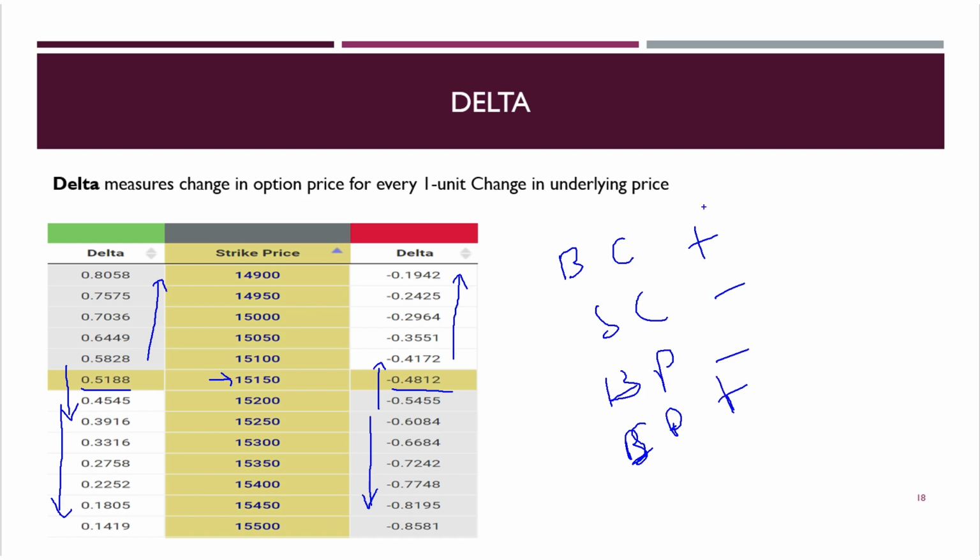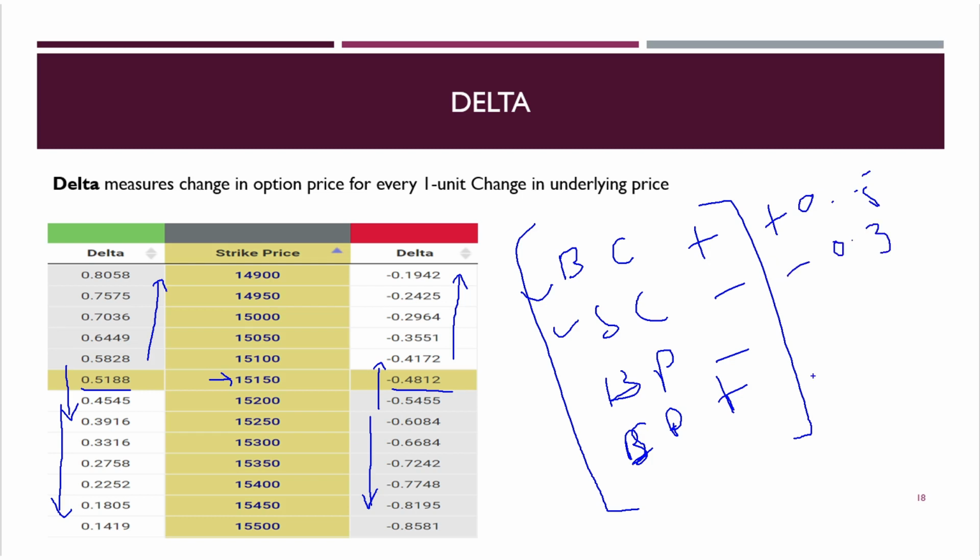Now why this is important is, when you have a multi-leg strategy, we don't track deltas of individual legs. We combine the delta, and for that purpose we need a combined delta of the entire strategy. So if you have a buy call and sell call, you buy a call of 0.5 delta, so your delta is 0.5. If you sell a call of 0.3 delta, your net delta for the strategy would be 0.2, that is 0.5 minus 0.3. So this we have to keep in mind while dealing in deltas.